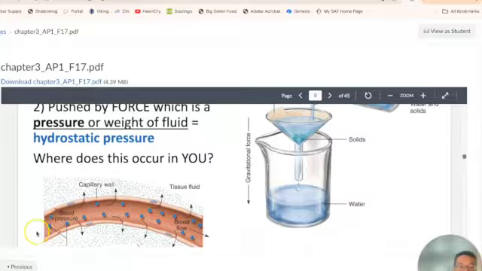Let's say there's a hose, like a soaker hose. It's got holes in the walls of the hose. When the water is pushed through, the pressure will cause things to go